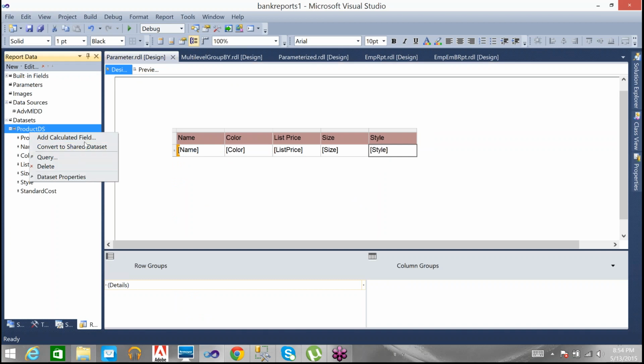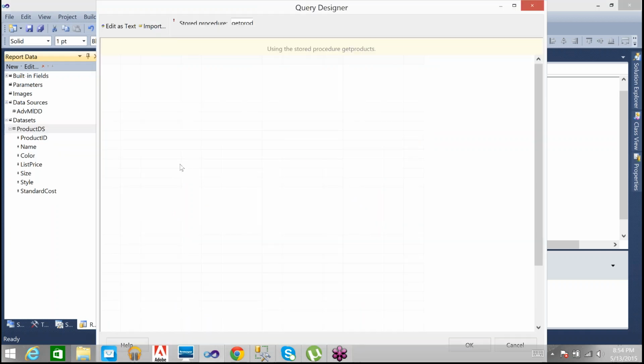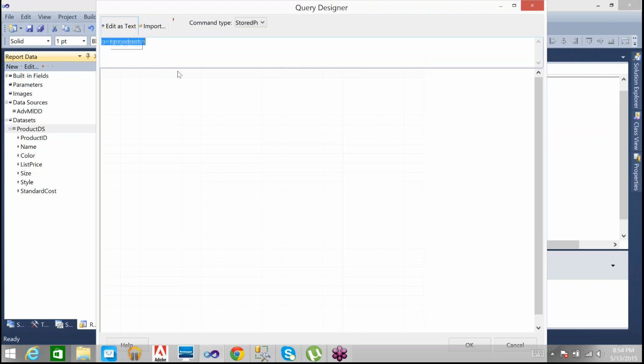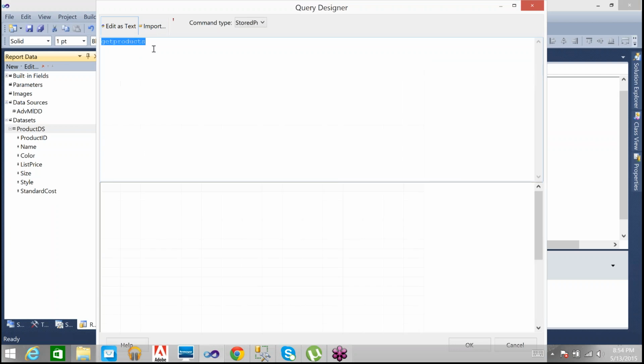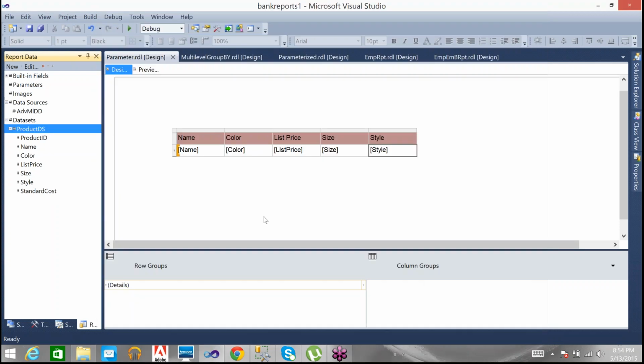Then what am I going to do? Go to that query, in the text format. We are using a stored procedure for this one now. Then what do I need to do? Yeah, that's a good example we came across. For this statement, we are using the stored procedure. Where do I need to make the changes? Then I need to make the changes in the stored procedure, not here.